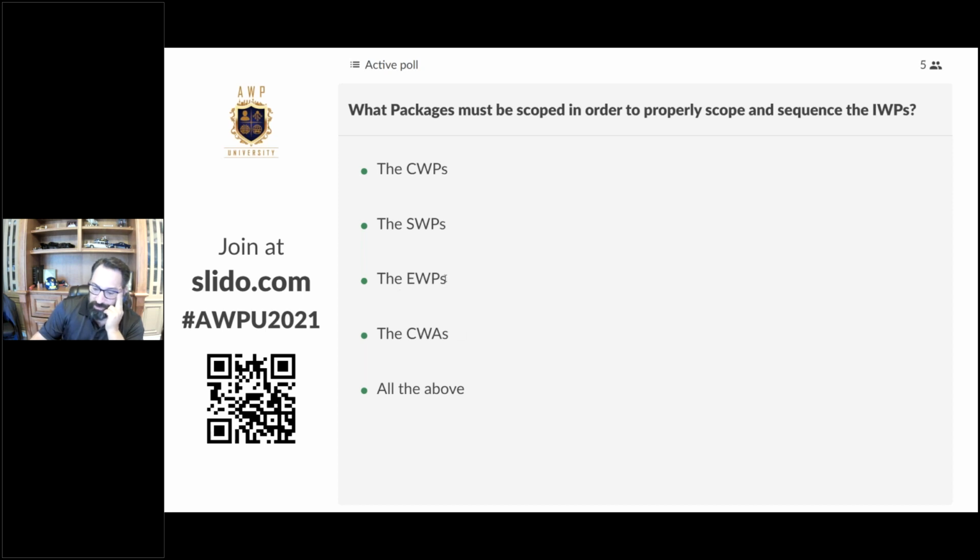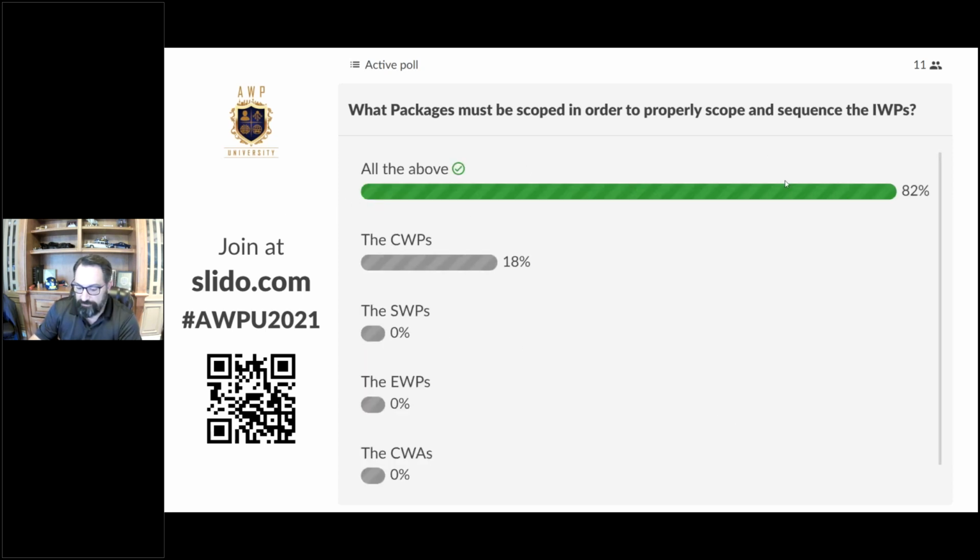EWPs, yeah, we need those engineering drawings. Those deliverables need to be tracked. They need to be constraint free, meaning that the EWP has been delivered to satisfy the CWPs, and thus the CWPs broken up into IWPs has been done, and you're tracking those as a constraint, so they need to be scoped. CWAs, we don't get CWPs or others or EWPs without CWAs. So I think we're getting somewhere with that. The obvious is all the above. We need all of those